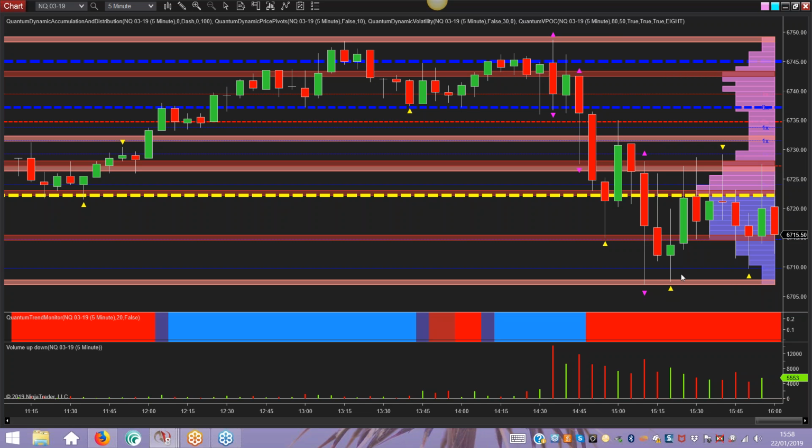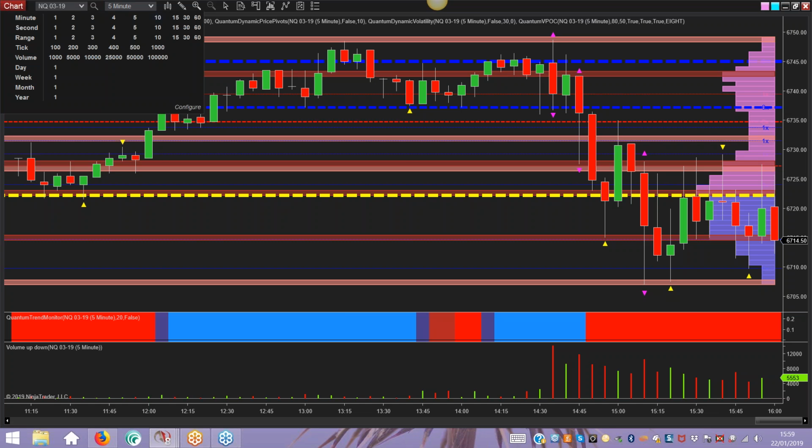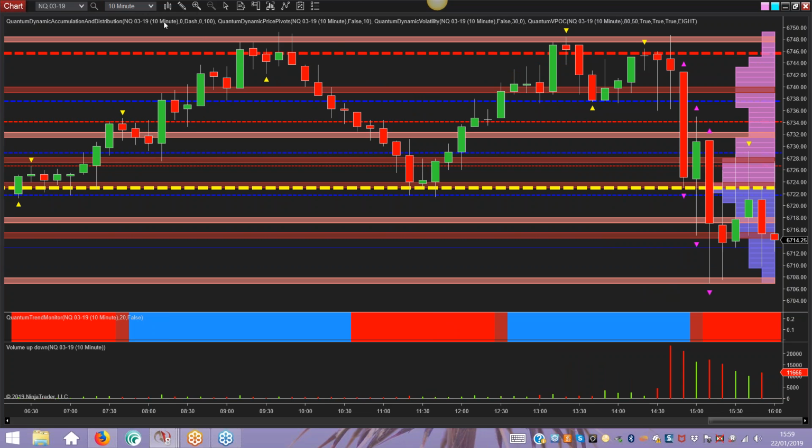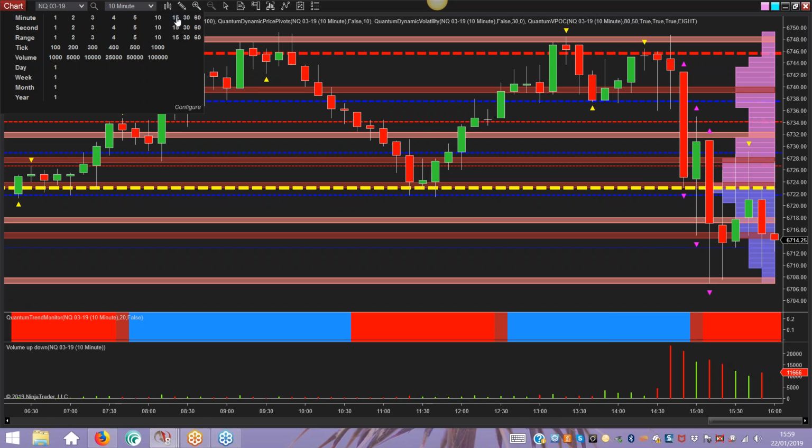If it's going to break to the downside, you might think that from a trading perspective, that is an opportunity to get into the market. You'll be looking at this on different time frames, obviously. Let's put that up on 10, see what it looks like there. There we go. Very spiky. Not a particularly strong floor built there, but may do over time. Let's go up to 15.